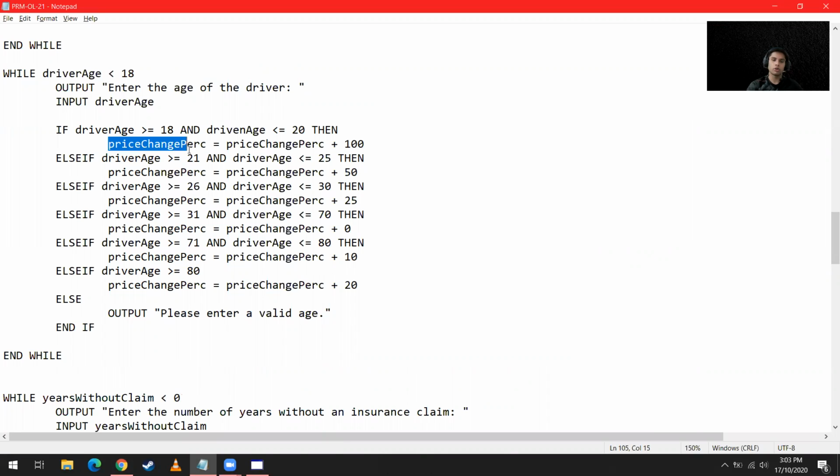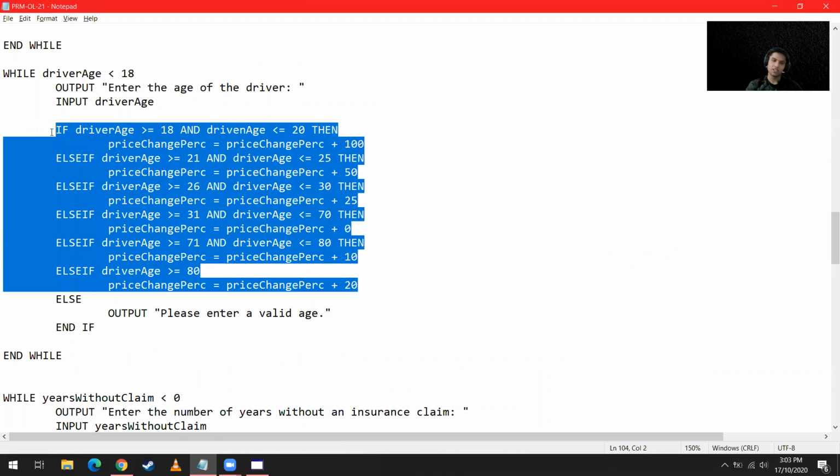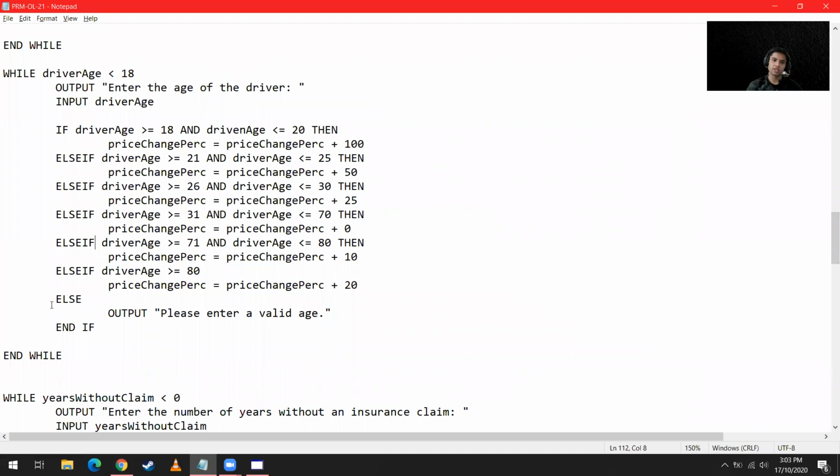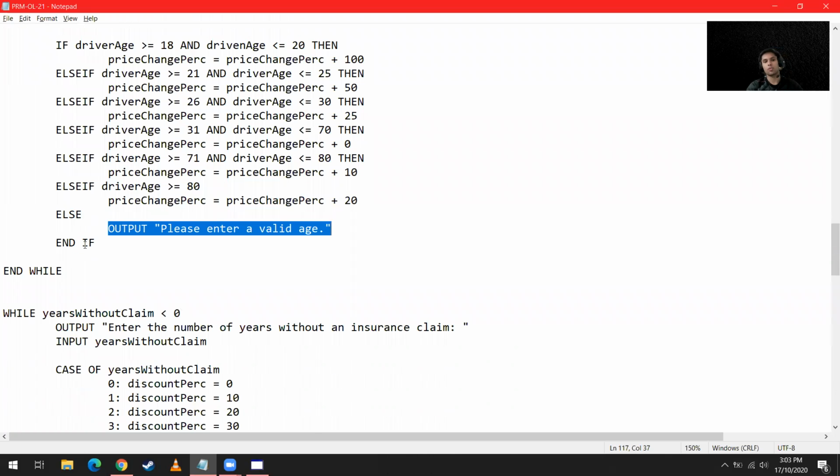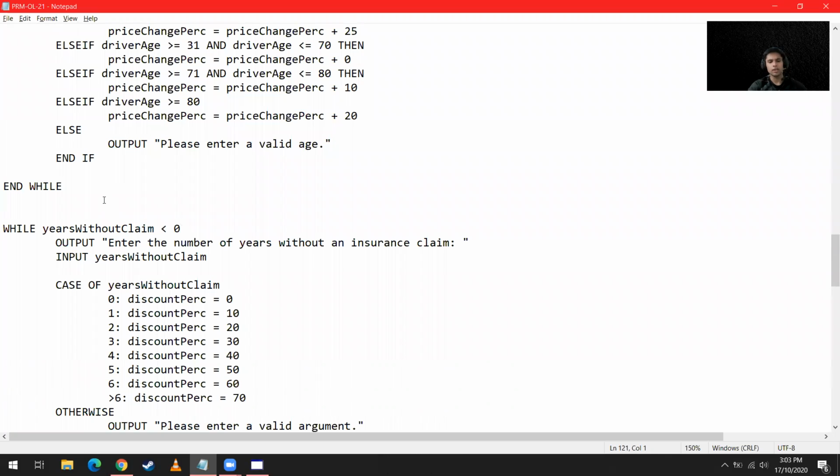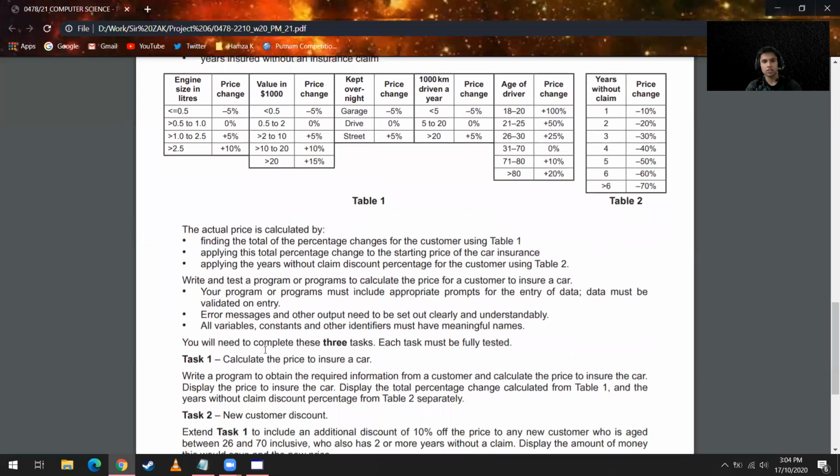So we go through all of those conditions, and we check what the price change percentages are, and then we add those to whatever value we previously had. Again, if none of these were fulfilled, I'm sure you know the drill. We enter this block where we say please enter a valid age, because that is the error message that we have to give. Okay, so that is the first part of task one, where we have to obtain the required information